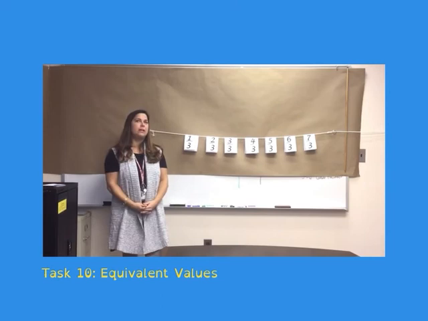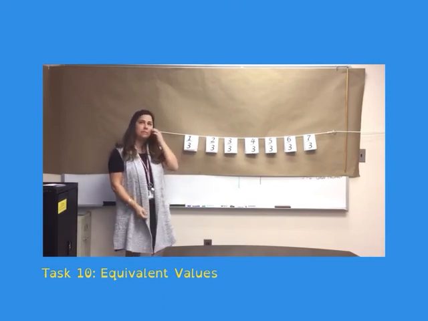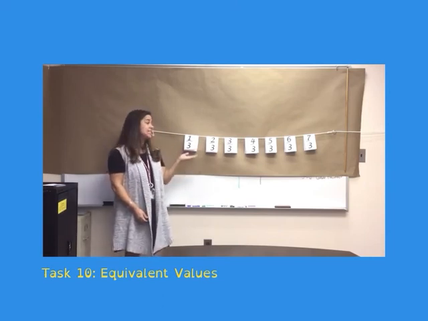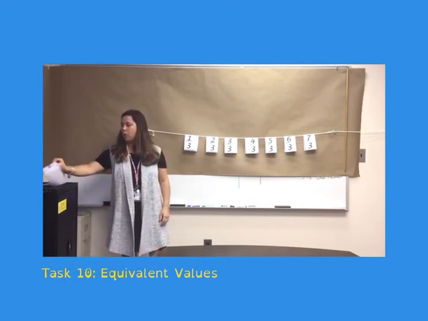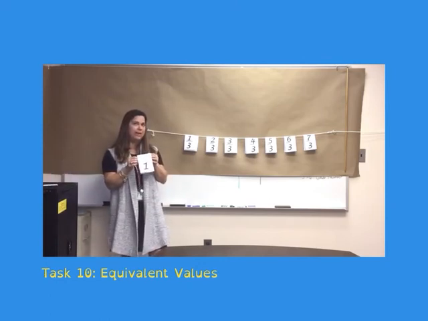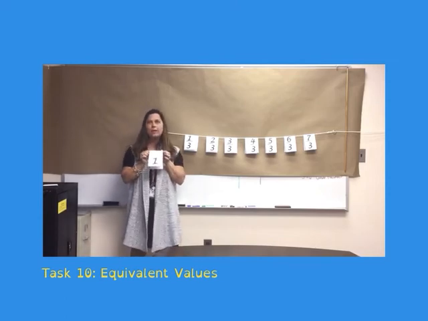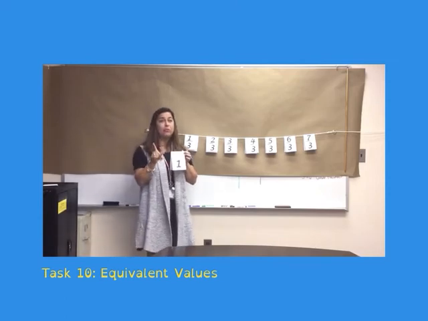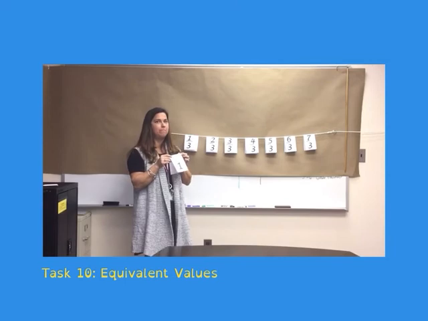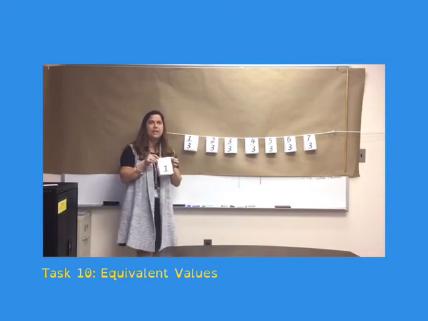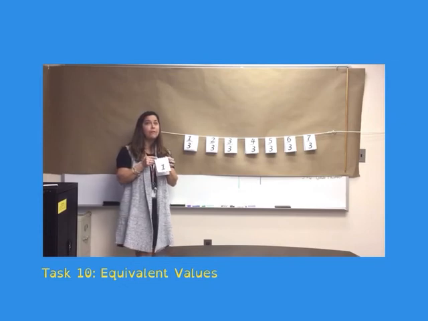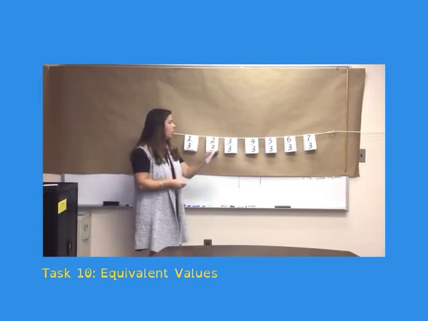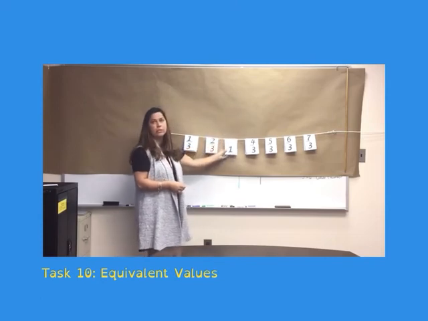Once you have agreed with your students on the proper placement of the fractions and discussed how they know, show students the card with the whole number 1 on it. Ask the students, where does this number belong? And be sure to give plenty of think time. Listen to the students' ideas. Once you've unraveled the mystery that 1 is equivalent to 3/3, place the 1 card over the 3/3 card on